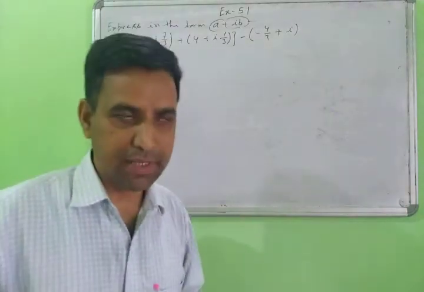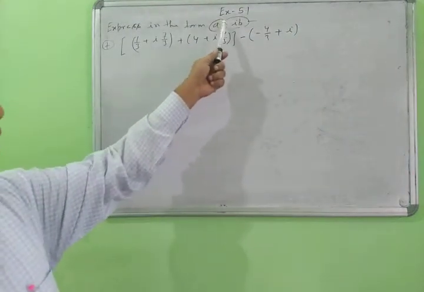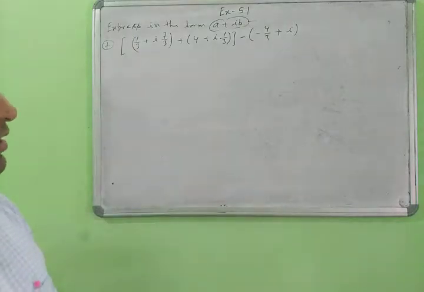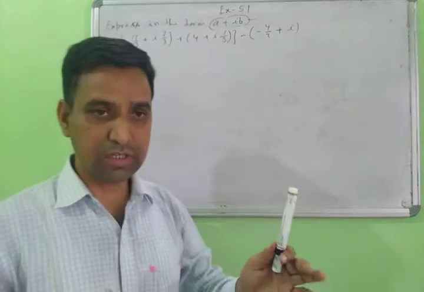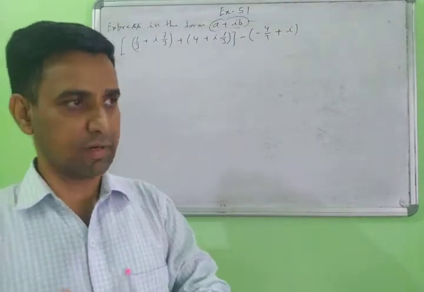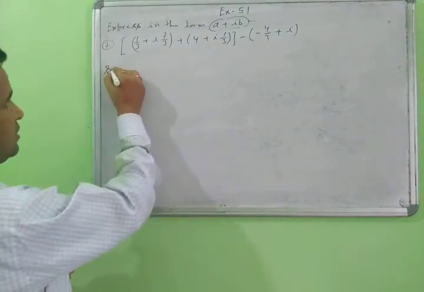Yes, then next question, I am taking question number 7 here. The question is the same: convert into complex form, and this question is given in equation form here. Yes, how to solve this question? First you will separate the real number and complex number, then it is easy to solve here. Now start the solution here.